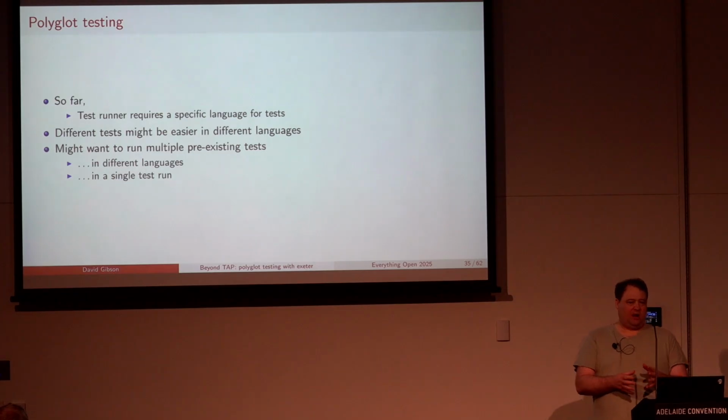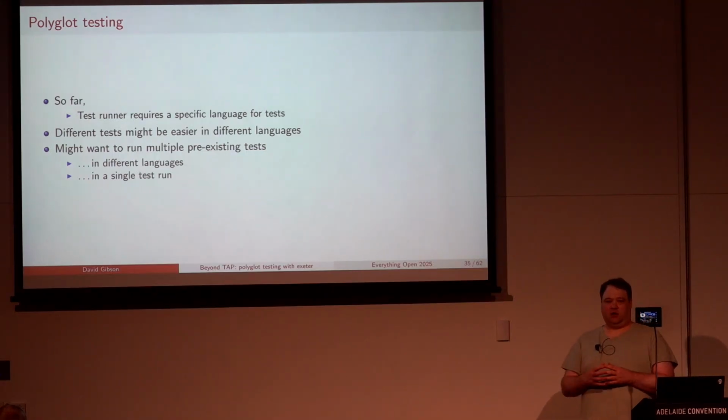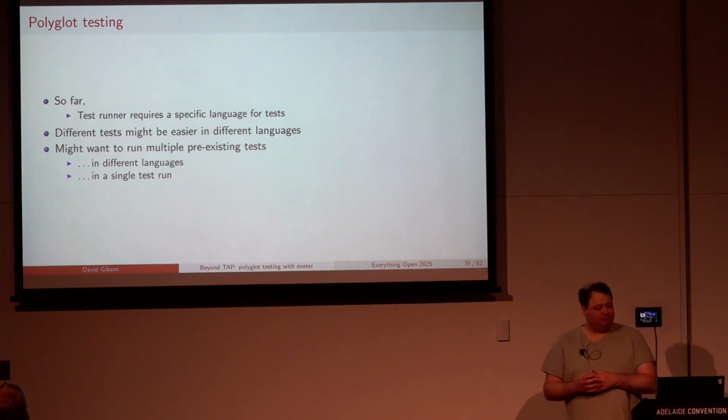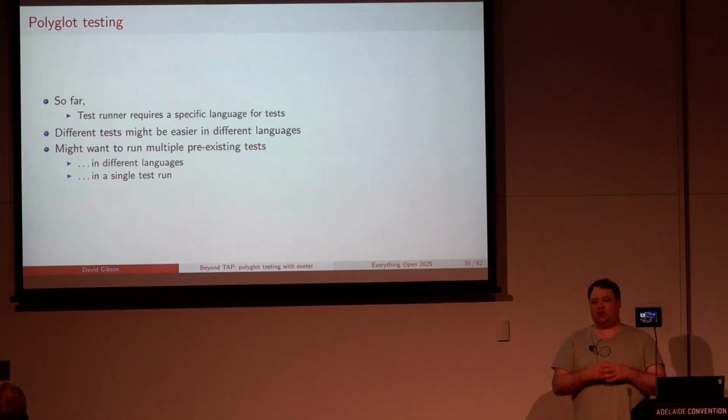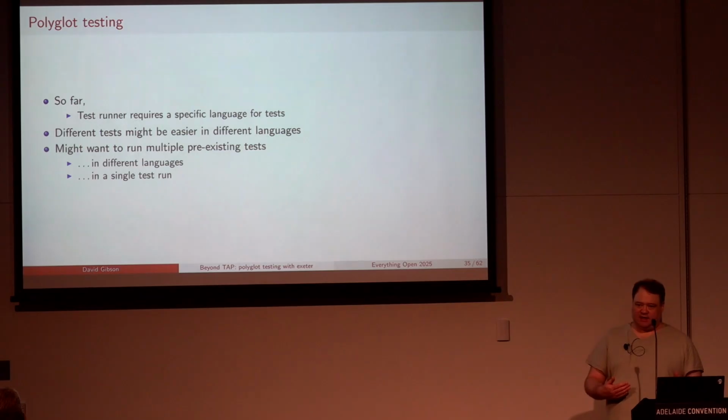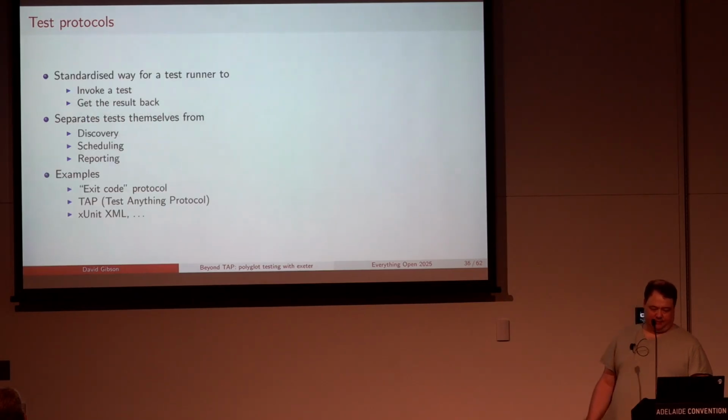But the test runner we're using still is kind of selecting the test language for us. So Bats was picking Shell for us, Avocado was picking Python for us. But we might have some tests that are easy in Shell, but other tests that are not easy in Shell, and you want to use something else. Even without that, you could have a bunch of pre-existing tests that are written in different languages, and you want to run them all together. So it'd be nice if we could also separate the language we write our tests in from the test runner we're using. And the way this is usually done,